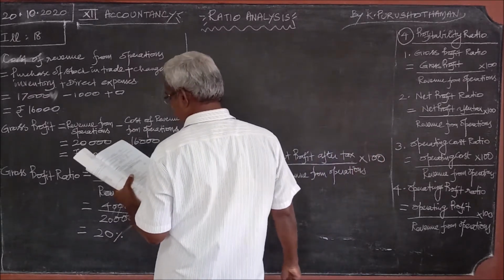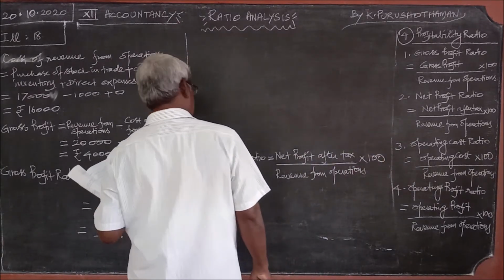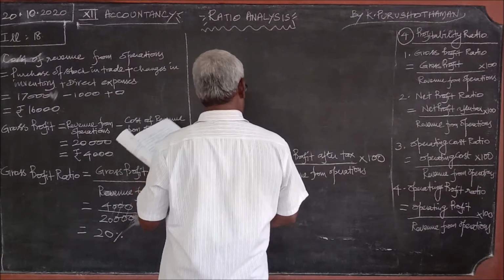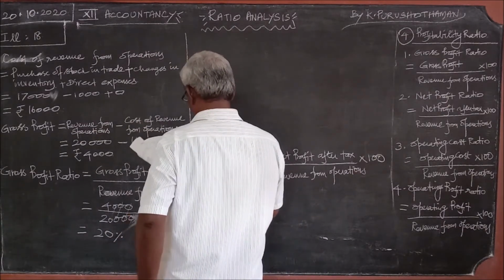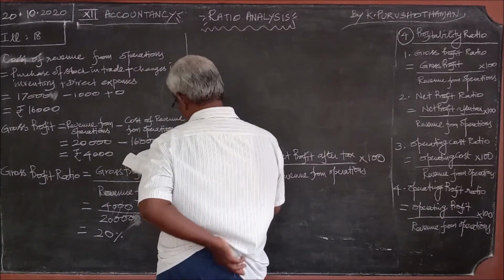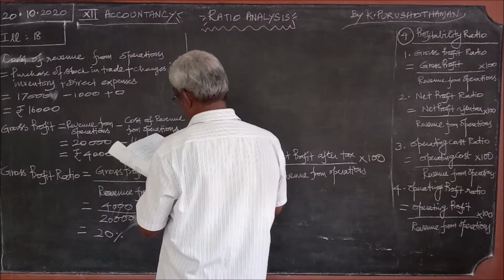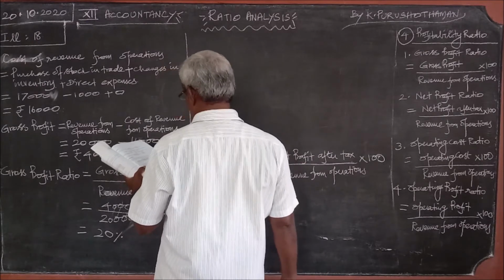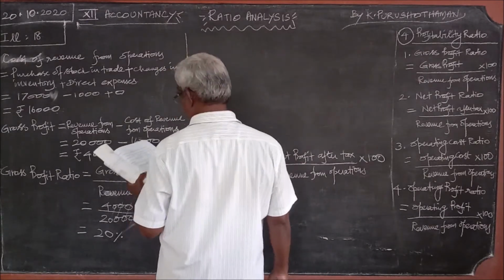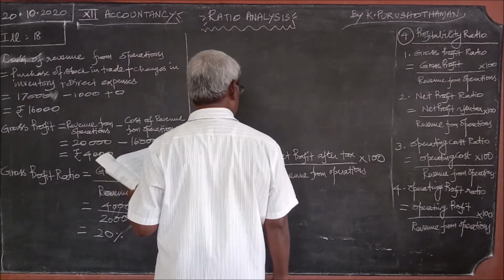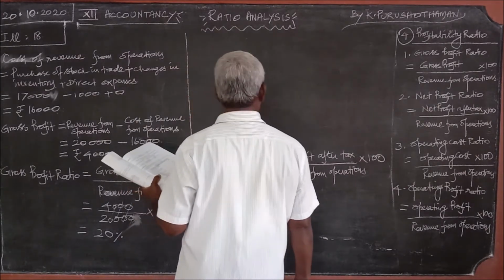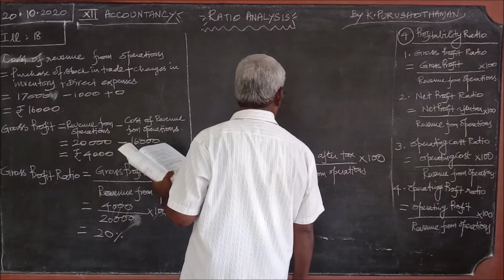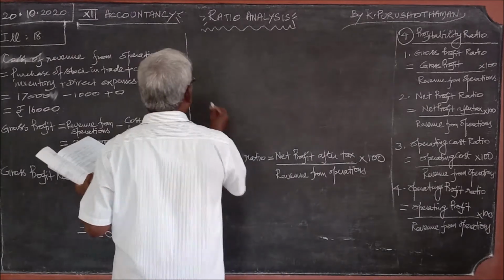The net profit, it is given. Net profit after tax. Here the net profit before tax is given. Since no tax is payable, no such instruction is given, here the net profit before tax is considered as net profit after tax. So numerator,